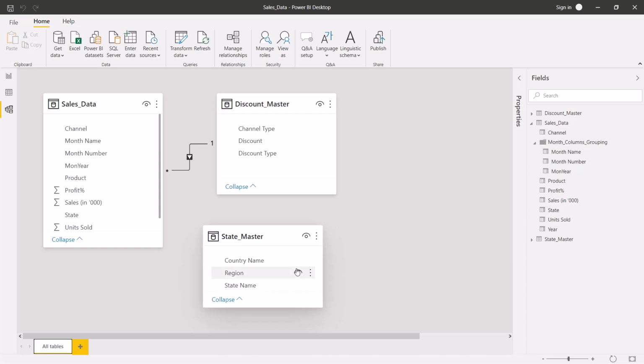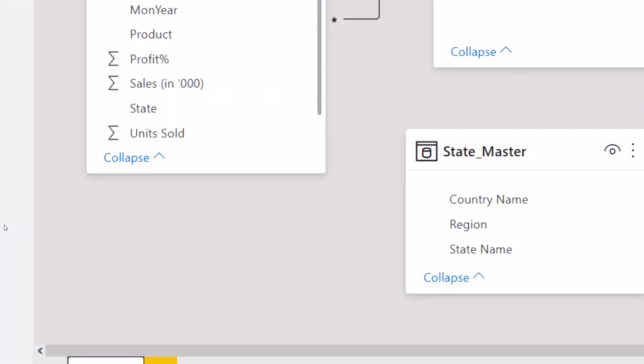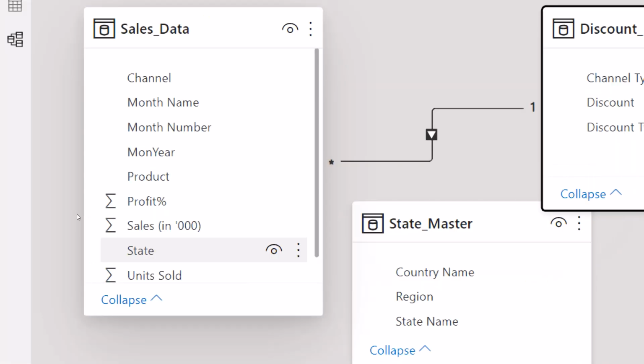Now let's say we want to check the region wise sales. So we need to create a relationship between state master and sales data, because the sales amount column is in sales data and the state name and region columns are in state master.